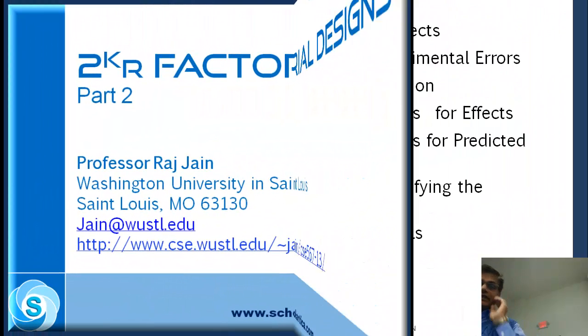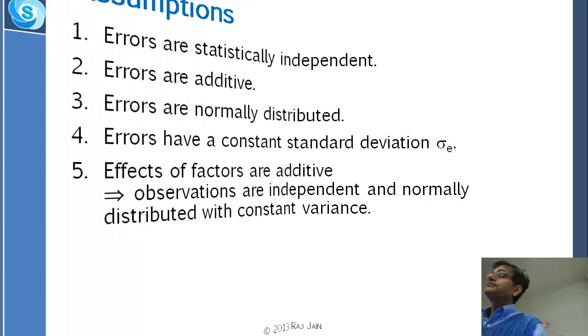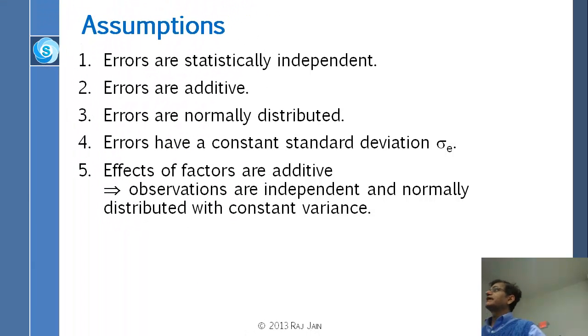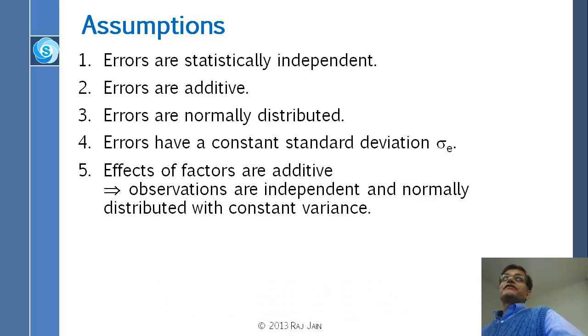So the next thing we did in regression, and we are going to repeat here again, is to verify the assumption visually. So what are the assumptions we made in this design? First, we made that the errors are statistically independent. This is always a common assumption. That the errors are additive, and this is a very important assumption because we just put the plus E. Errors are normally distributed because we are using the t distribution for that reason, right? Errors have a constant standard deviation, so they are not varying. And the effects of the factors are additive, that A and B add, XA plus XB,